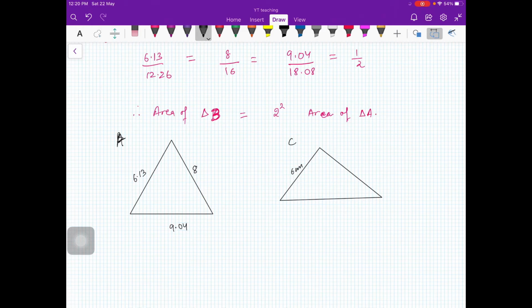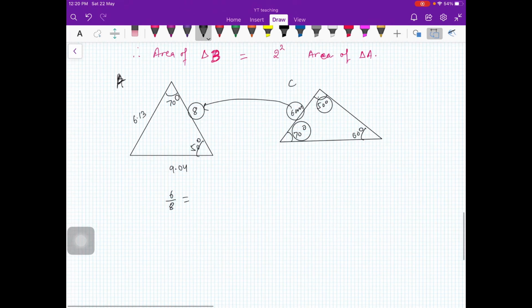Okay, so now can you say what we can do about the areas? You can compare. 6 centimeter is given here, right? So you can compare with this 6 by 8, right? Here angles were given, right? So this was 50 degree, this was 70 degree, this was 60 degree, and here also you are given the angles 70 degree, 50 degree. So because this side is between 50 and 70, you are going to compare it with 8, right? So side ratio is 6 by 8, that is 3 by 4. The side ratio is 3 by 4.